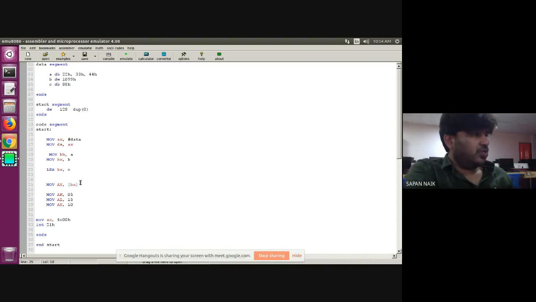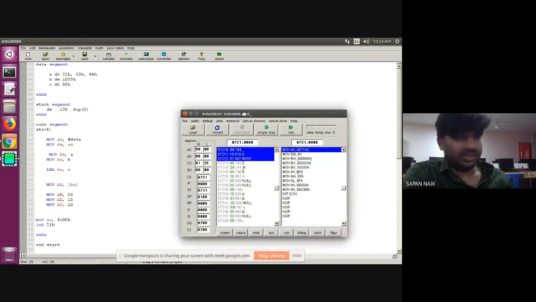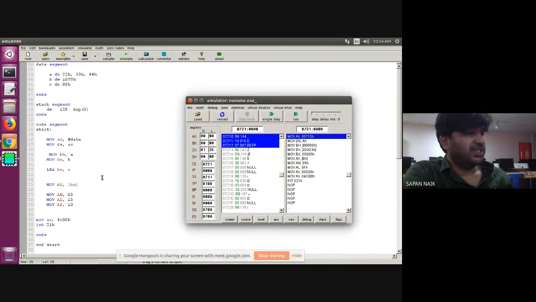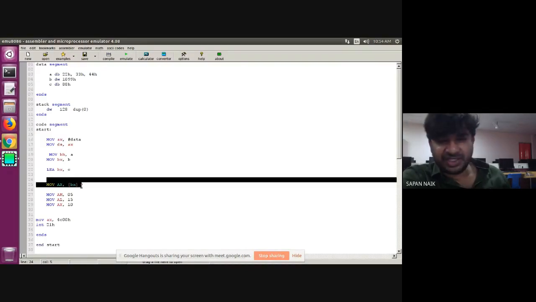I need to go to that address and the value from that address will be copied into AX. Will it work? Let's see. It will work, right? Can you tell me what will be the output in AX after this instruction?